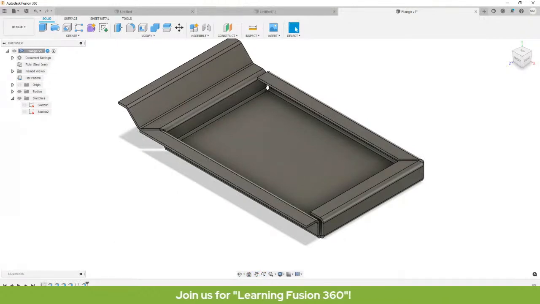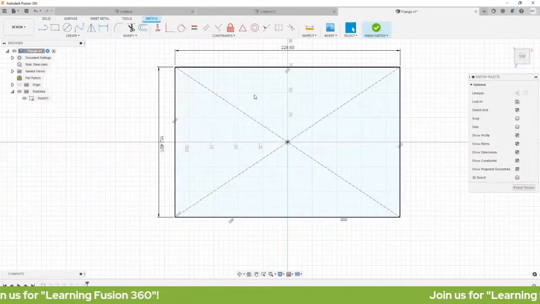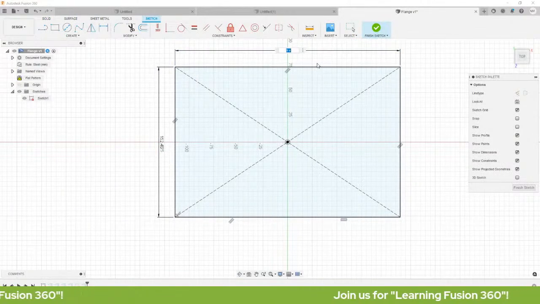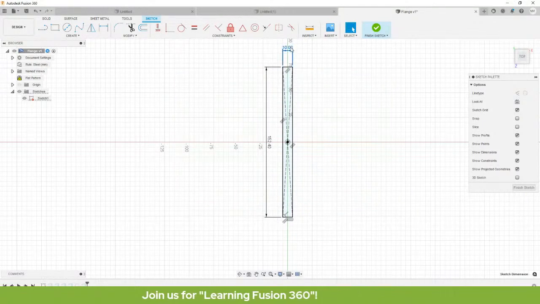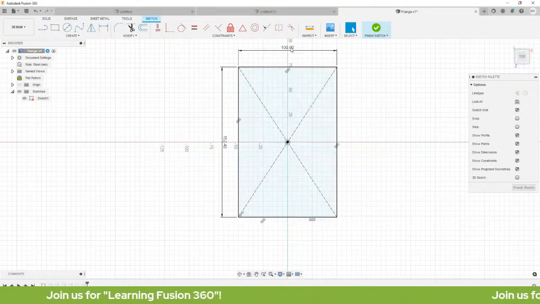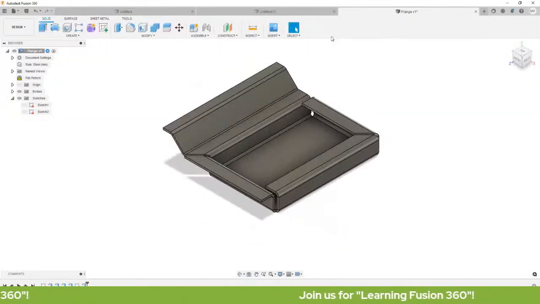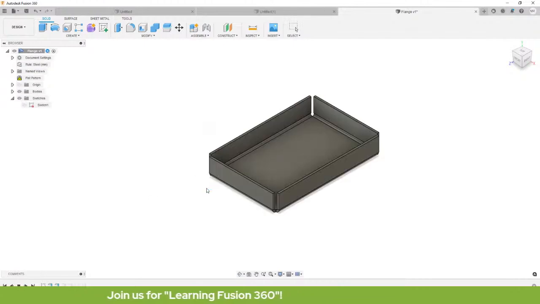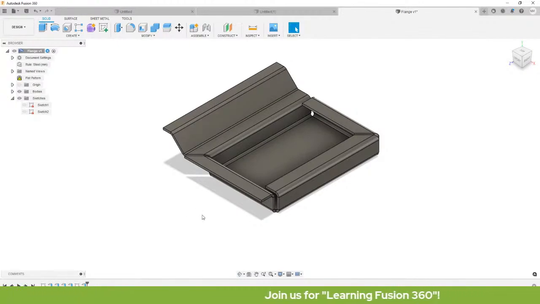Okay? So for example, ito, i-edit mo or babaguhin mo yung kanyang dimension, pwede mo siyang baguhin. So for example, 100. So once na nag-finish sketch ka, nabago na siya sa timeline. And once you play it, makikita mo kung paano mo ginawa ang iyong model. So etong model ko ay sheet metal po yan. Okay?